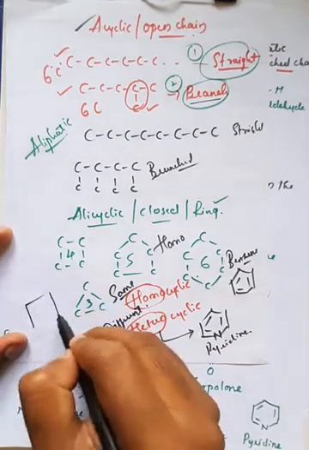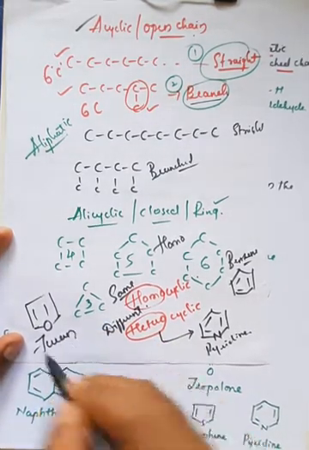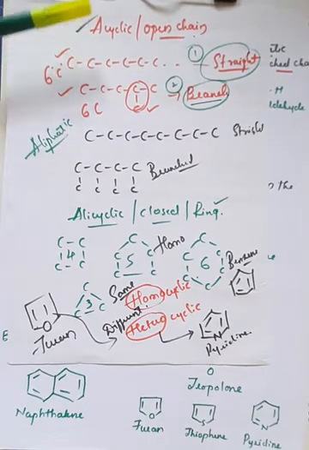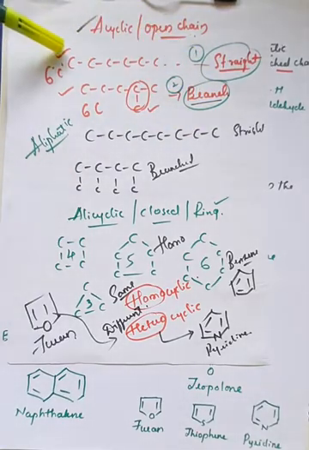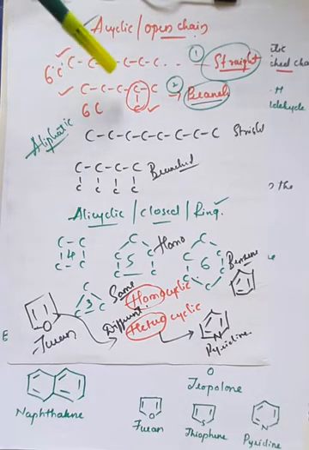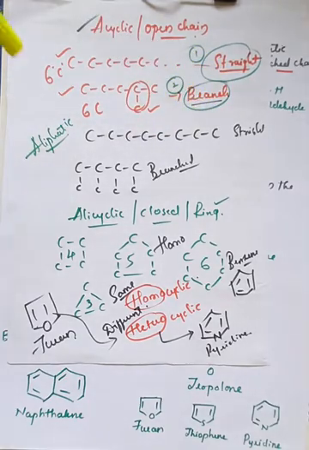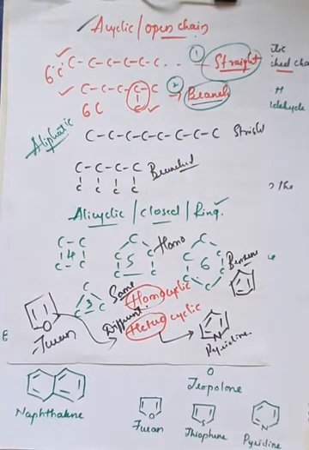Similarly, if you take pentane, right? From pentane, if you remove one carbon atom and add oxygen, this is an example of furan, right? So this is also an example of a heterocyclic, right? Therefore the first main classification is acyclic, which is also called open chain. In open chain there are 2 types, one is straight chain, second one is branch chain. Straight chain means the carbon chain is in a straight line, and if there is one or 2 connections on the straight chain, then it is called branching or branch chain. Further, the second main classification is alicyclic, which is also known as closed structure, or it is also called a ring form.